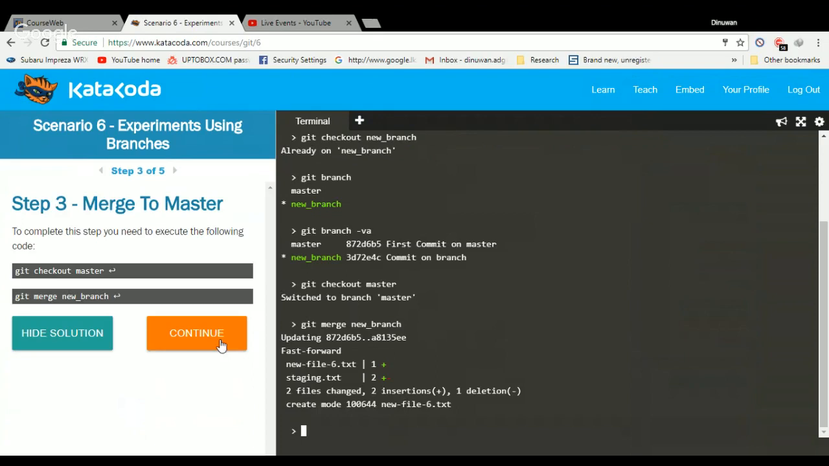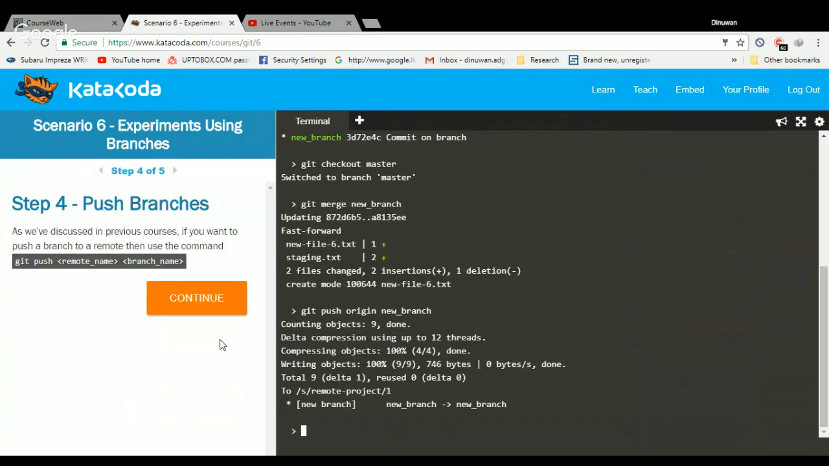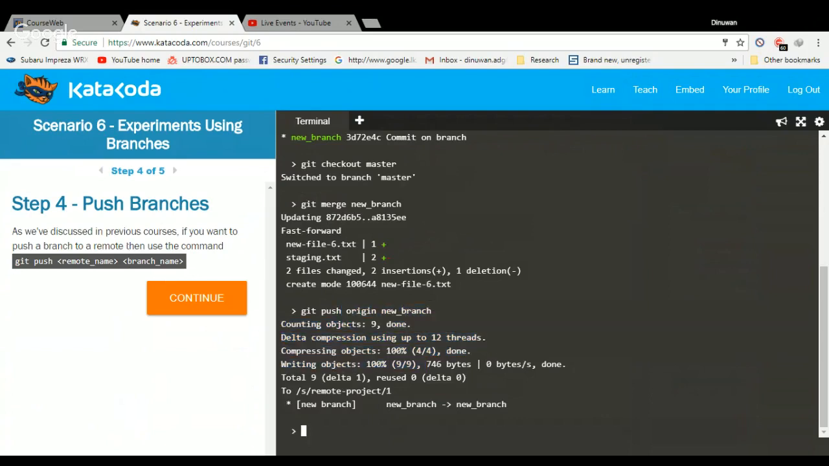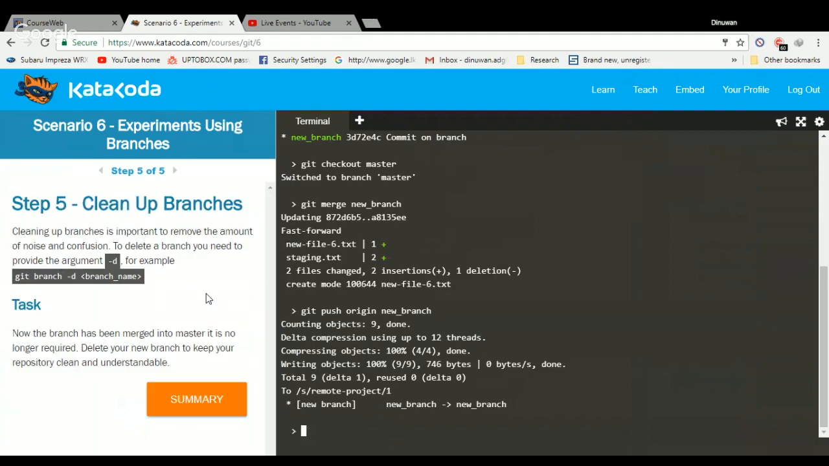So it's moving to the fourth step. As you can see, there's the link. As we discussed in previous courses, if you want to push to a remote branch, then use this command. So in the final phase,